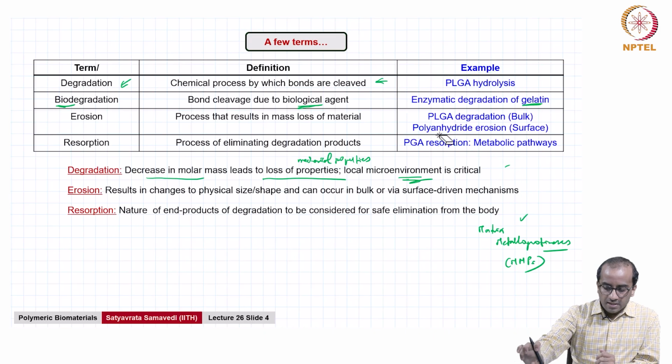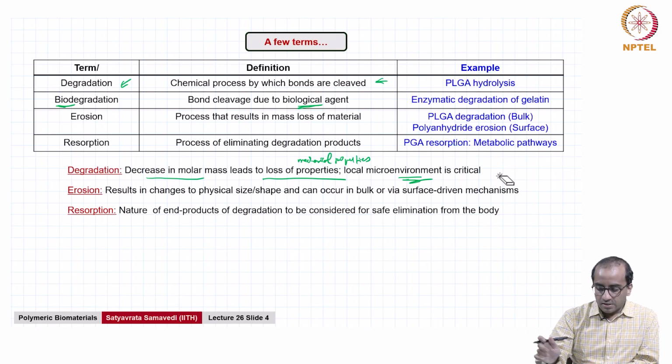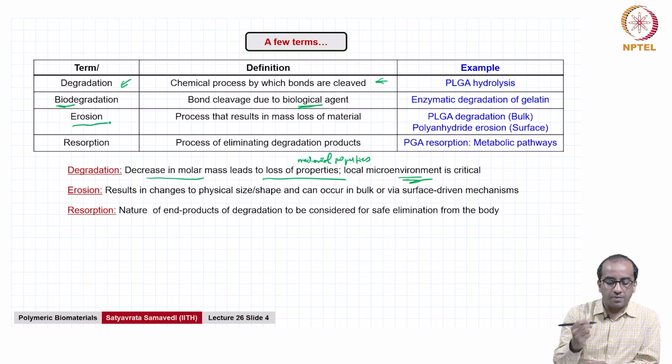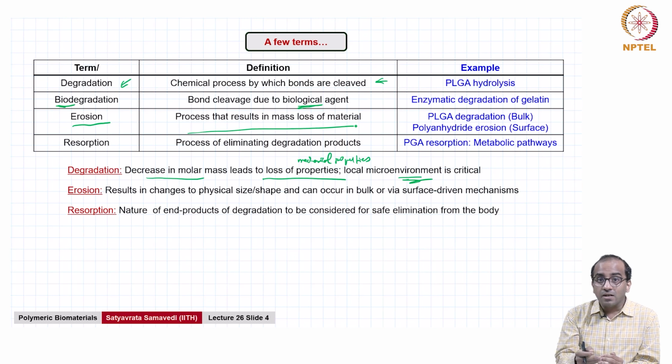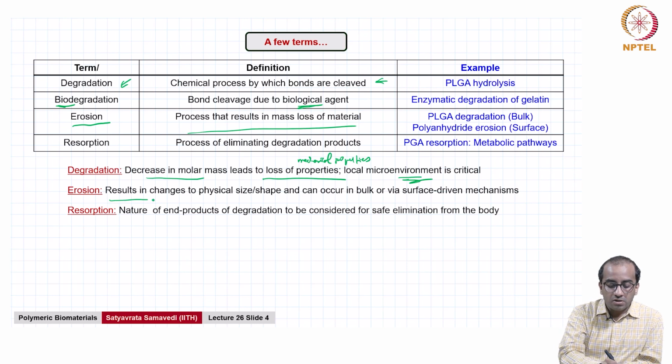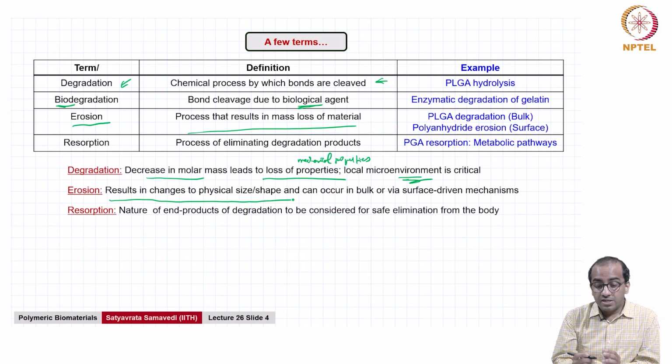The other aspect to consider apart from degradation and biodegradation is this idea of erosion, right? Now in many contexts this distinction is not made, and the distinction between degradation and erosion remains quite fuzzy, but they are actually not the same. Erosion actually is a process that results in mass loss of the material. So once degradation starts occurring, erosion will continue, because ultimately erosion is going to lead to changes in physical size